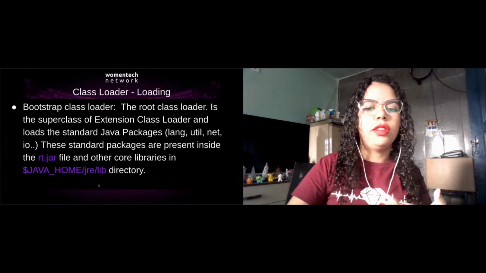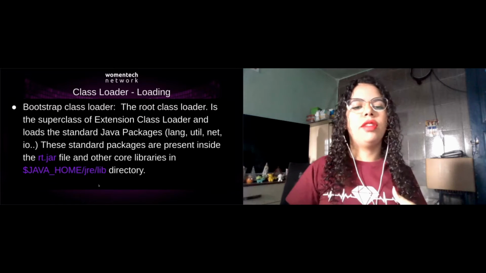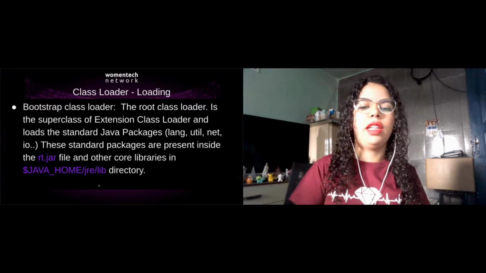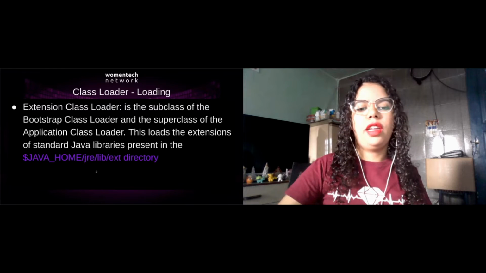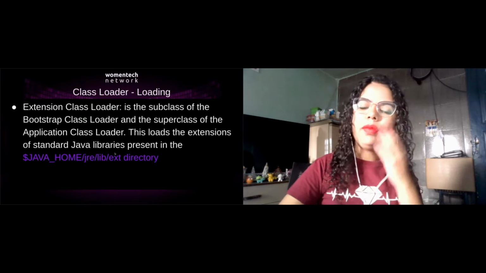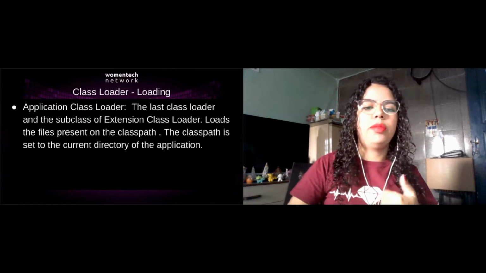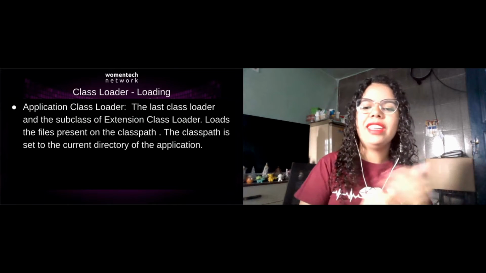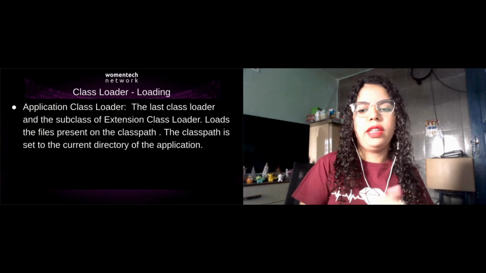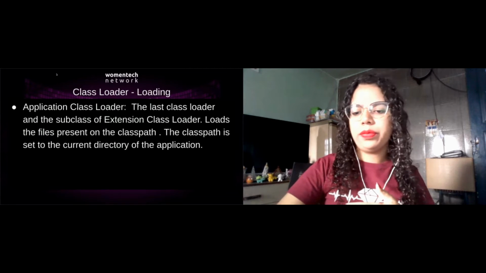The extension class loader is the subclass of the Bootstrap class loader and the superclass of the application class loader. This loads the extensions of standard Java libraries present in the ext directory. And the application class loader is the last class loader and the subclass of the extension class loader. It is responsible for loading the files present on the classpath, and the classpath is set to the current directory of the application.